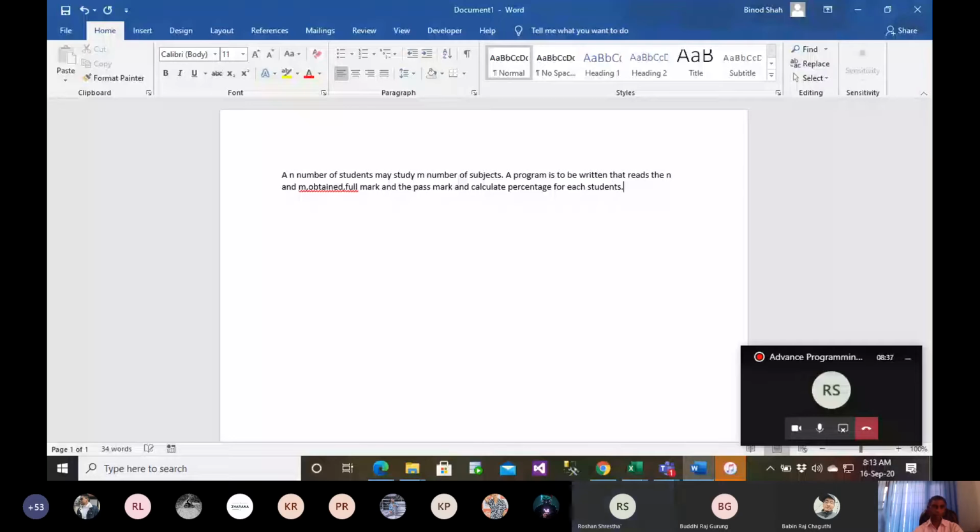This could be my case, everyone. I would need to calculate a percentage for each and every student. If there are 10 students and each student studies 4 subjects, then I need to calculate the marks of all those 4 subjects for that particular student. You might see a lot of complications here. Whatever complications you face, I'll show you, and I'll let you know how you can sort those issues out. So the question is very straightforward.